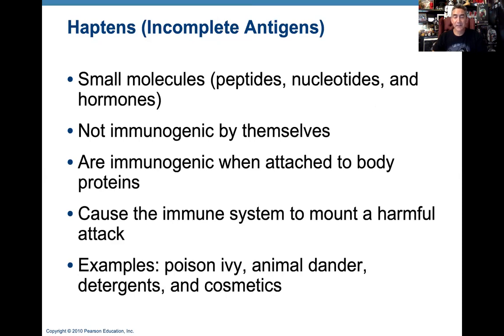The next bit is a little bit different. We're still talking about antigens, but now we're talking about incomplete antigens. So not the complete antigen, we're talking about haptens. Haptens, sometimes I like to call them halftons. They're not complete, they're little halves, they're little parts of a big thing, kind of like a little determinant that basically will trigger some immune response. So they typically